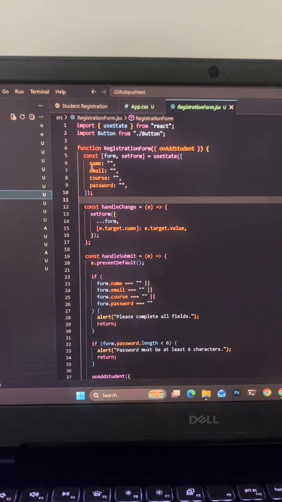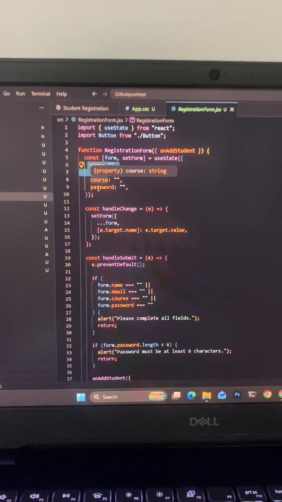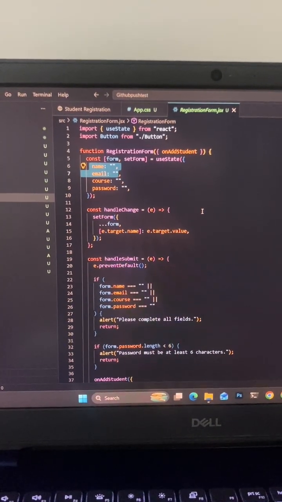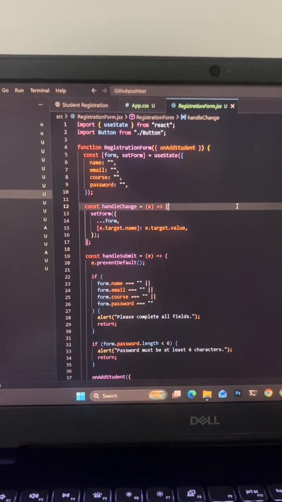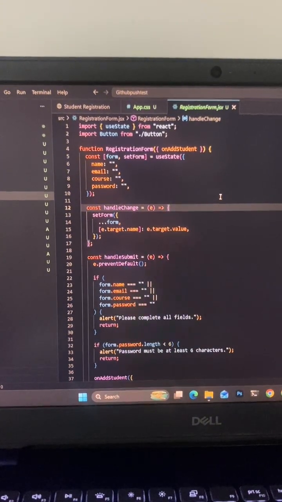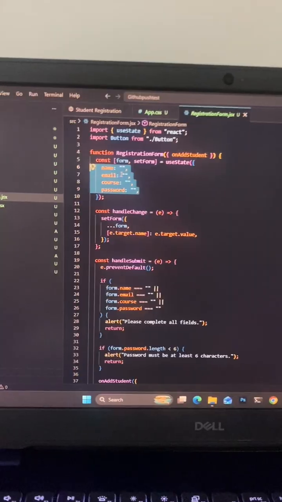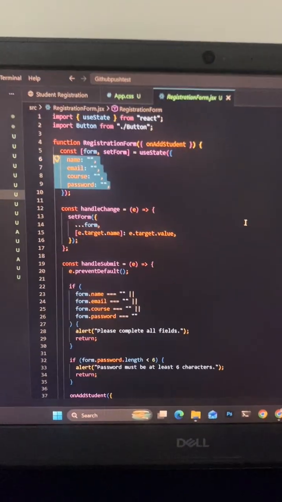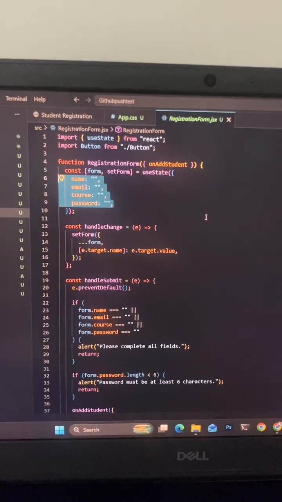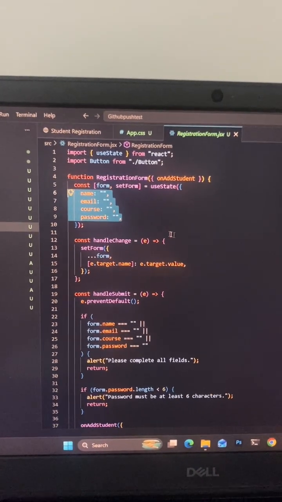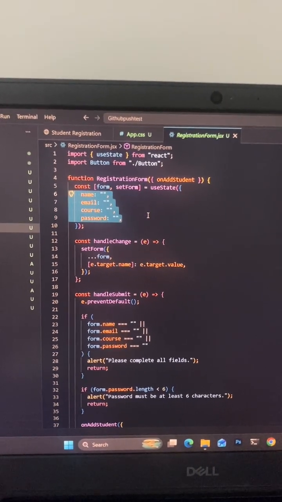As you can see here, we have the name, email, course, and password. This is where most of the actual work happens. It keeps track of our four form fields in its own local state, separate from the student list in app.